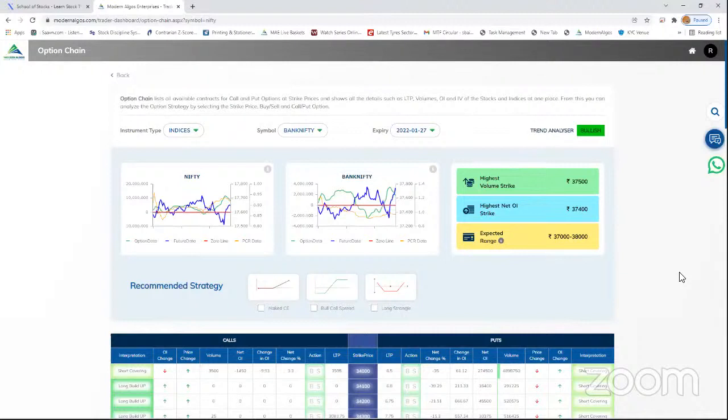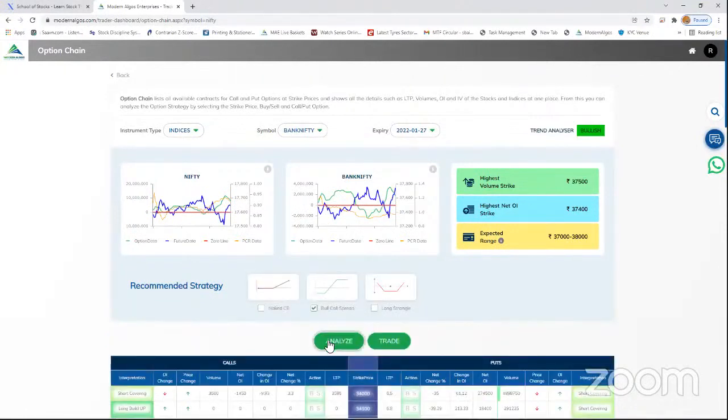Now, based on this data, we have our proprietary methods where we are displaying the recommended strategy also. So if you see, based on the symbol and benchmark correlation and the various option data points, with the expected range in mind, we are recommending these strategies which can be entered into Bank Nifty. Now it all depends upon the user selection and the risk appetite. Let's say Bank Nifty is more or less showing a bullish trend analyzer. So if you want a strategy in the bullish direction, you can click on bull call spread here. And if you click on analyze,